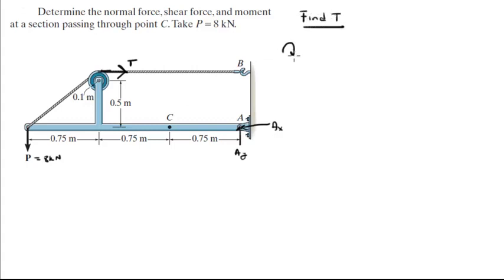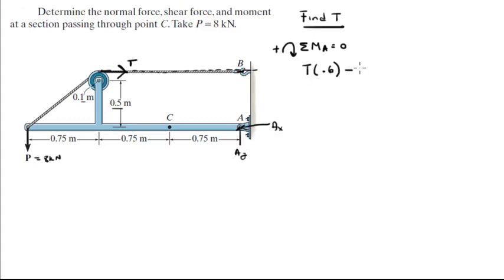So we're gonna assume that going clockwise is positive for the sum of the moments at A, and all these moments come out to be 0 because this is statics. So the moment being created by T, on the first chapter you learn how to calculate it. You gotta calculate the distance between here and A, because this is where T points, and this distance is given by 0.5 meters plus 0.1 meters, which is the radius of this wheel. So T times 0.6 meters